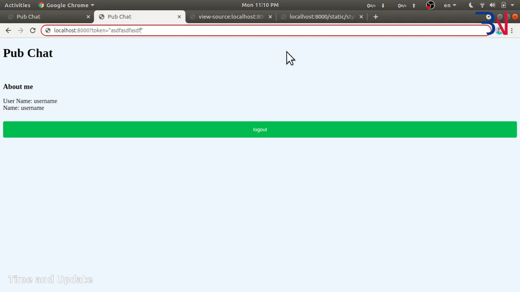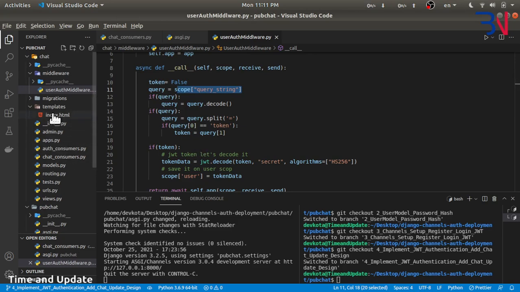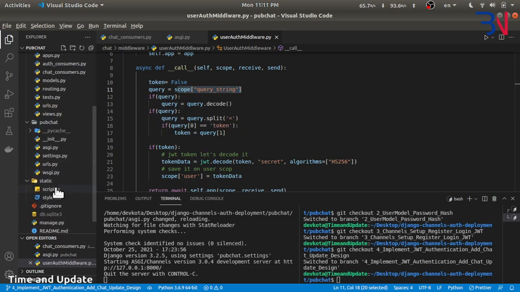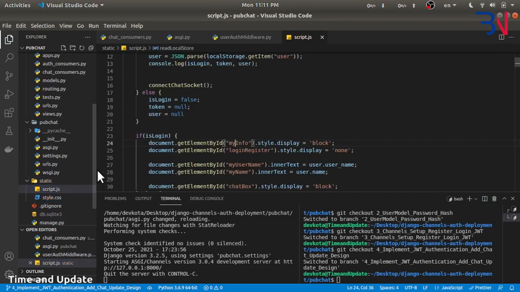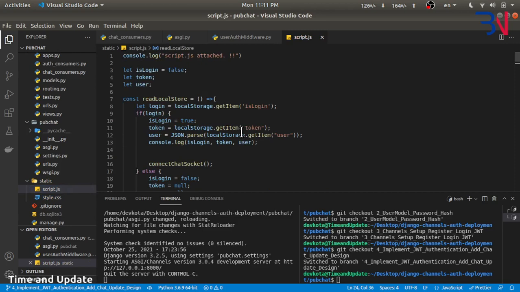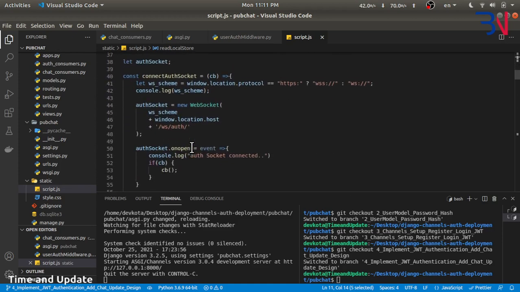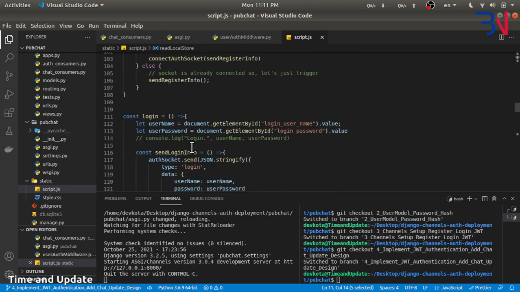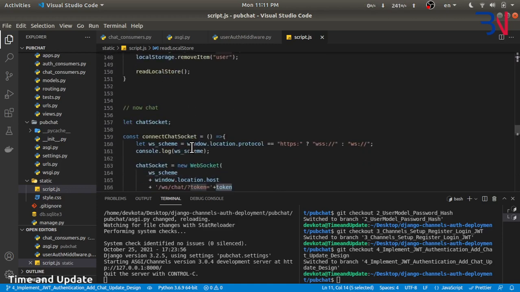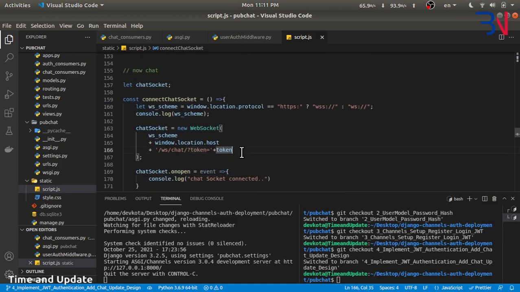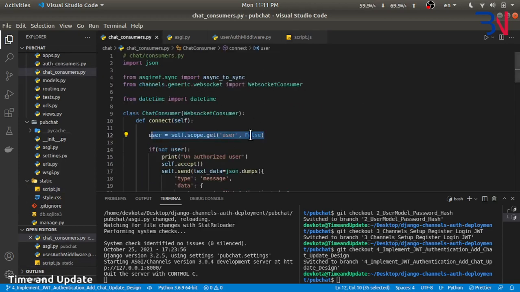We have to update our script to pass that token as well. In the read local store, we'll read the token from the local store and connect the chat socket. In the connect chat socket method, we'll simply pass that token as a query. So in the chat consumer,